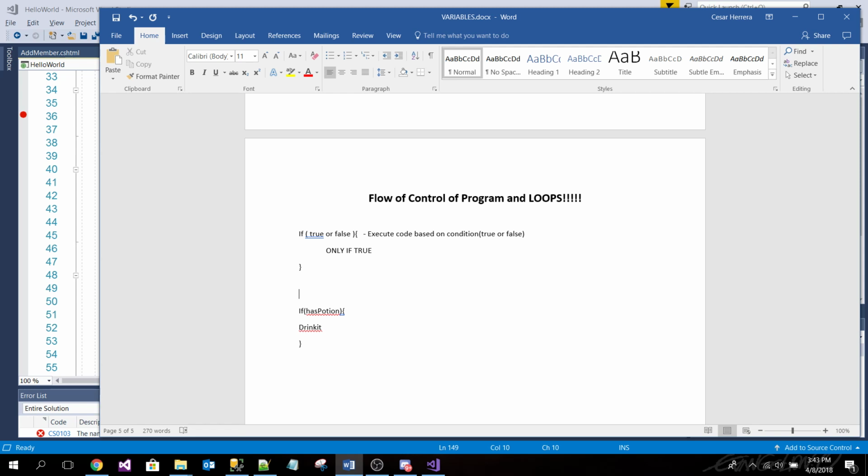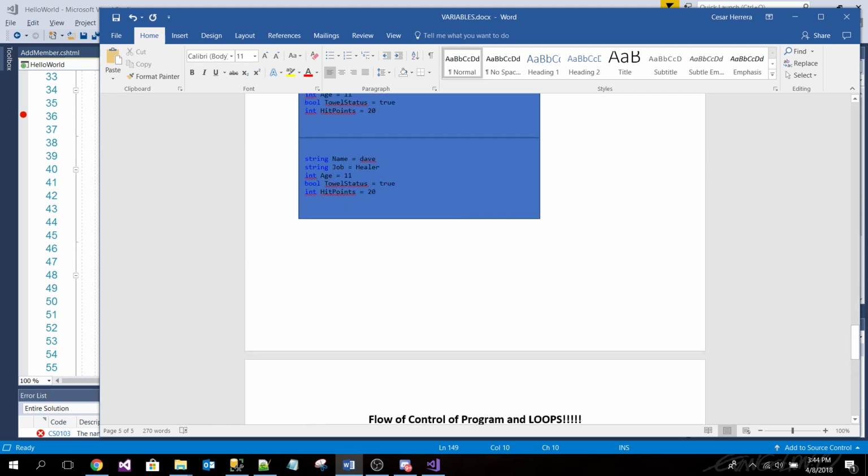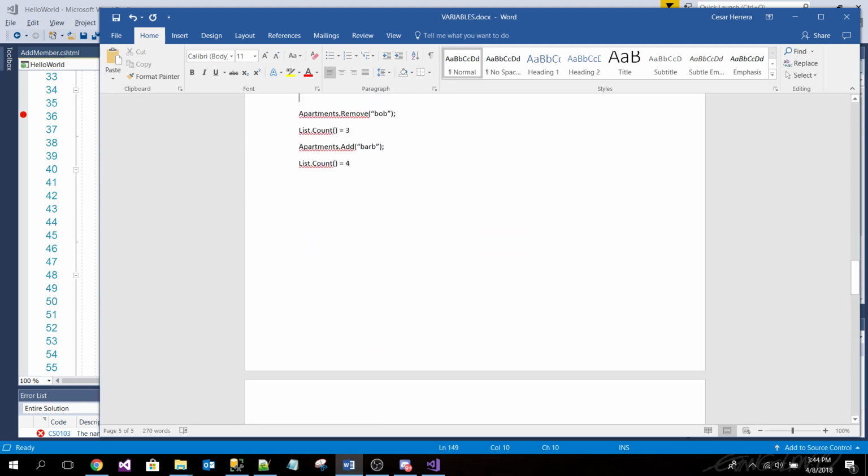What does it have to be? Because remember, what is the one data type that we know has to be either true or false? Which we keep forgetting up here. It is the most important data type of all.